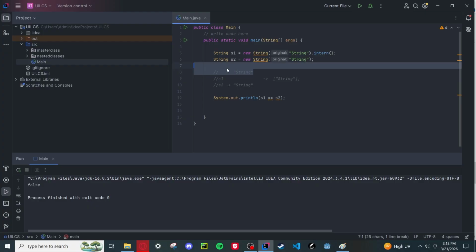and then we'll actually see this get deleted, but I'll keep it for now. It'll still be false because even though S1 points in the string pool, S2 points at that object string. So they're still not pointing at the same thing. If I do .intern on this, what Java is going to do is